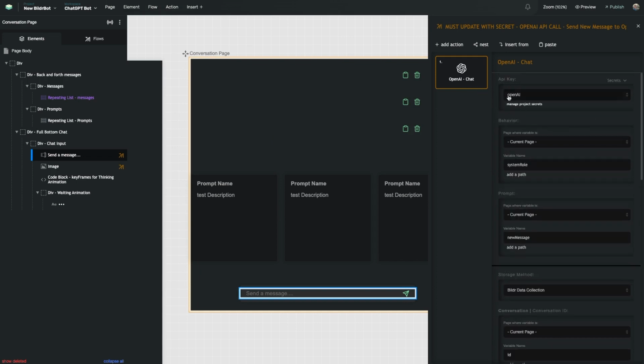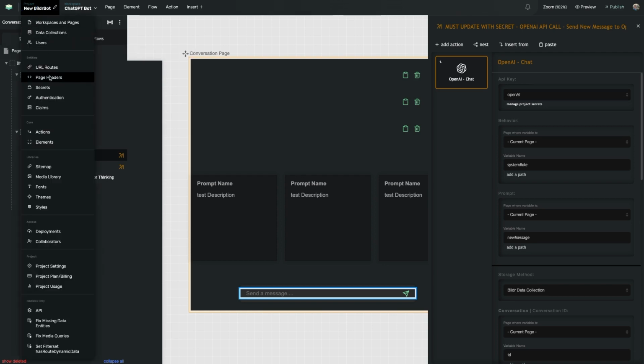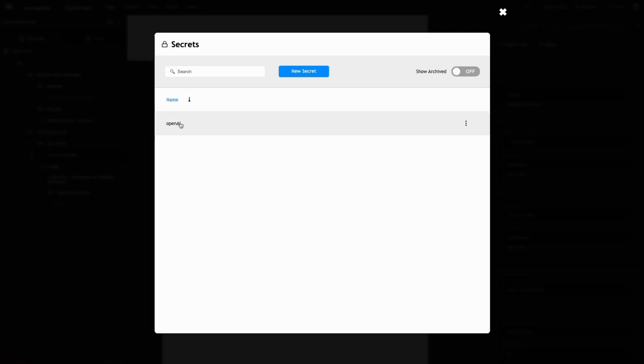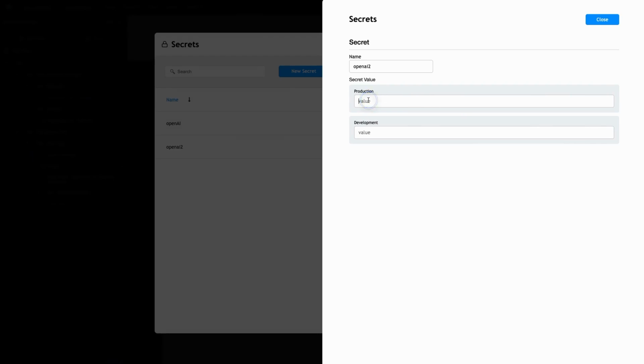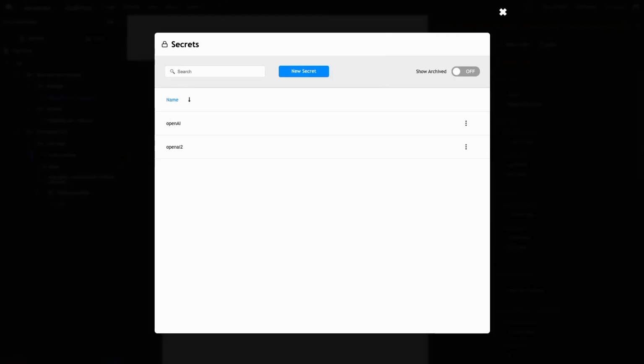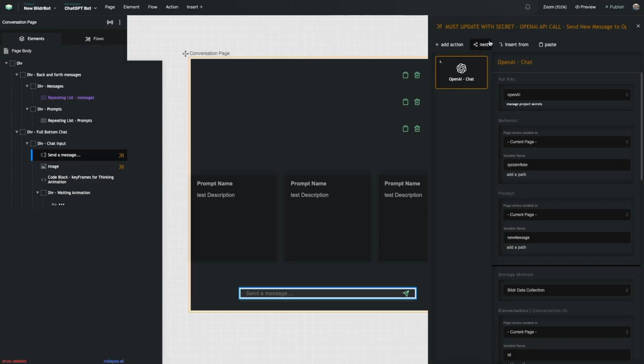call. The first thing that we did in our setup video, you just have to make sure you have your OpenAI security key here. If you didn't watch that, no big deal. All you have to do is go to secrets. You've got this little secret right here. You can add a secret, name it whatever you want, and then you copy and then paste in the value of the secret that you get from OpenAI. So I'm going to go ahead and archive that secret. And then all you'll do is you'll select it in this dropdown, allowing it to be used whenever you need